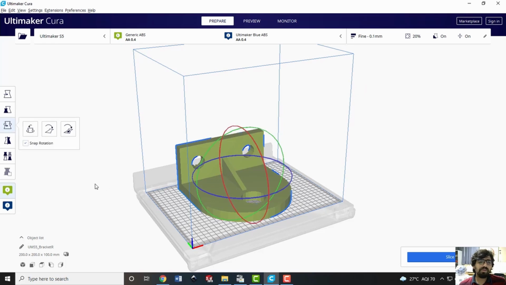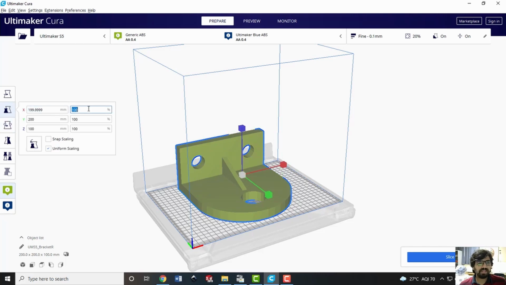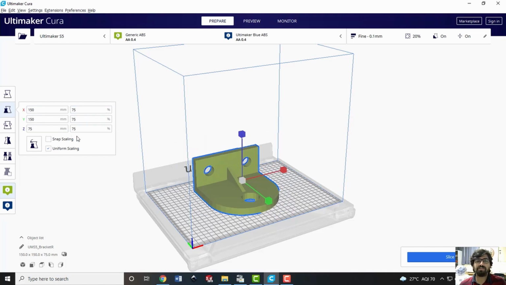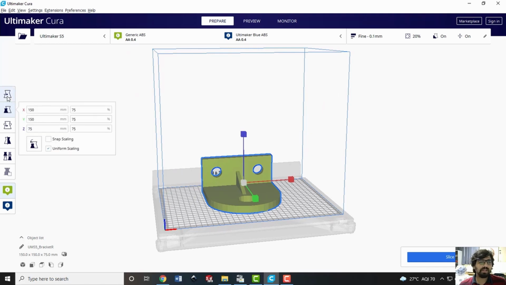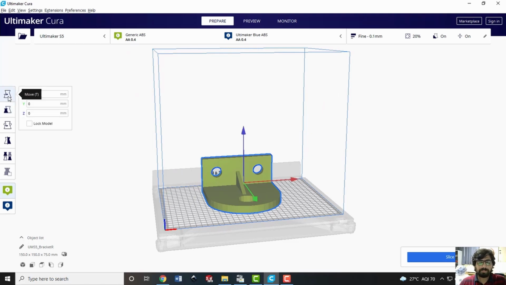Here, if you want to even further scale the part, for example, you don't want to build such a huge part, then you can go to the option called scale on the left side. If I say it is going to uniformly scale the part, and if I select say 75% of the current one, it will appropriately select 75 everywhere because uniform scaling is selected. And now this is the size of the part. A few more options, like you can even move the part on the bed appropriately so that you can build even multiple parts as well. Right now, as this is a single part, I'm keeping it at 0, 0, 0 only. Its center is nowhere but at the center of the bed.